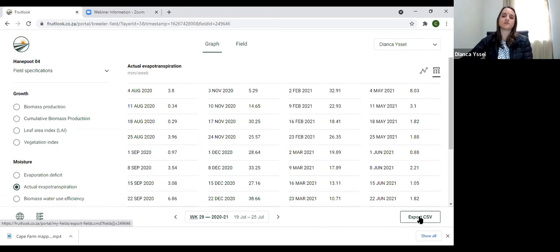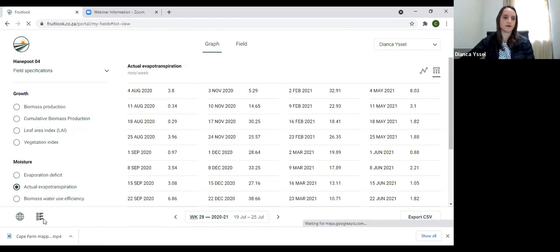But yeah, we're going to talk a bit more. Annaline is going to give you some more details in parts 2 and 3 about working with the data and the different parameters, what they mean. So I won't go into too much detail. But if you ever want to do comparisons of your blocks, you will actually click on this list view here,